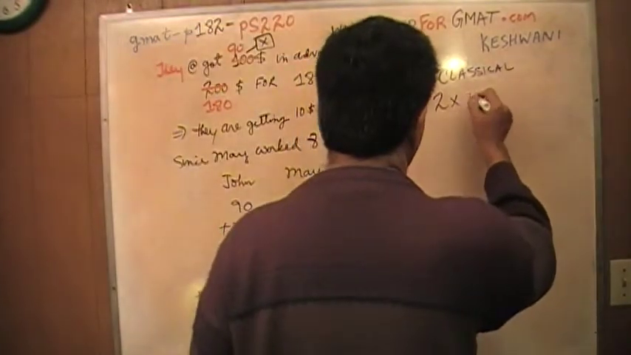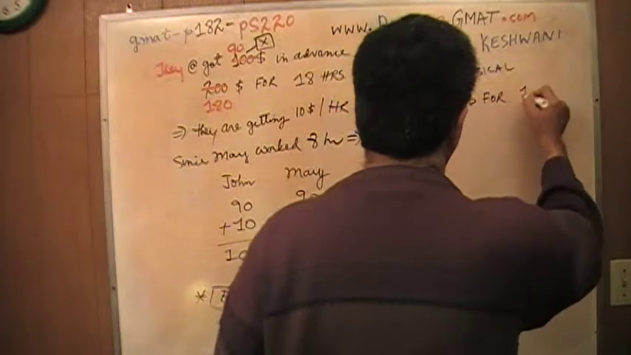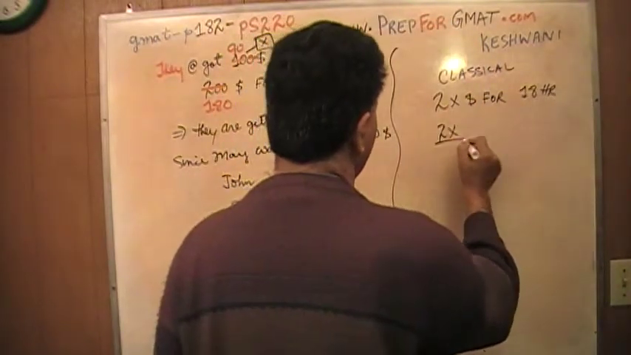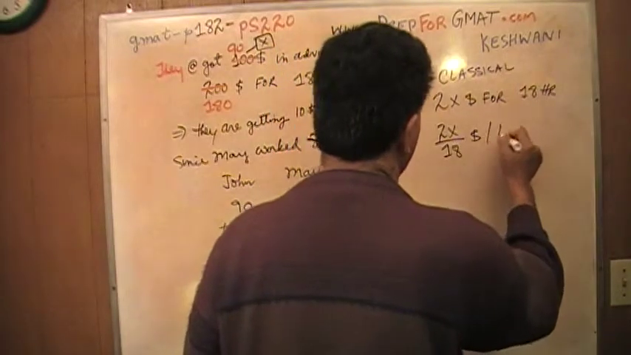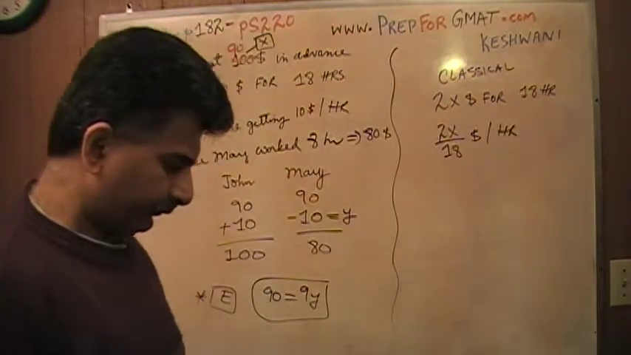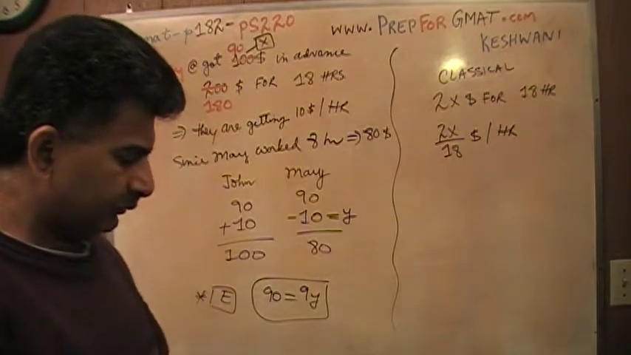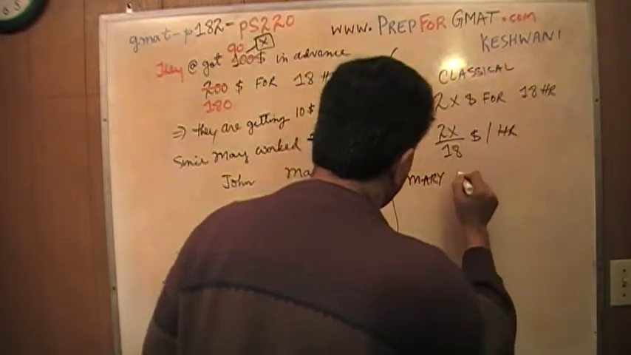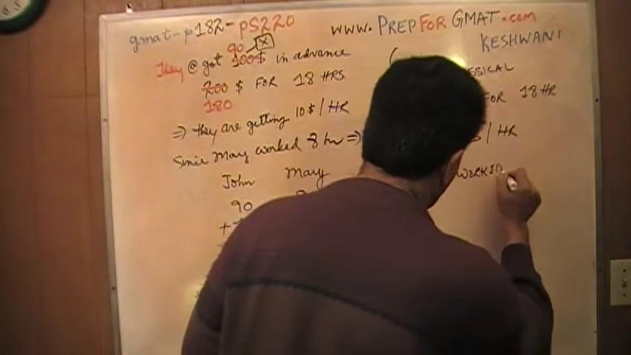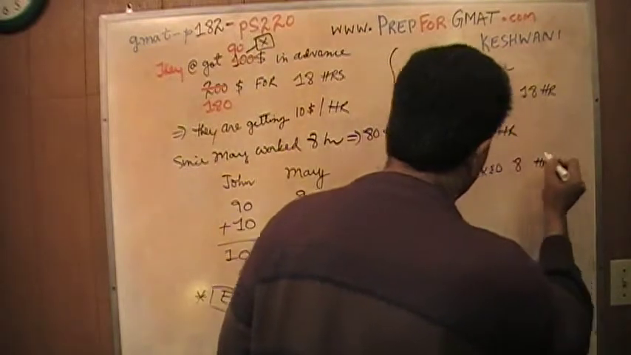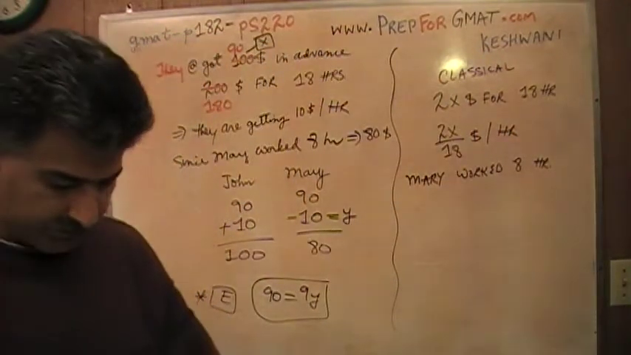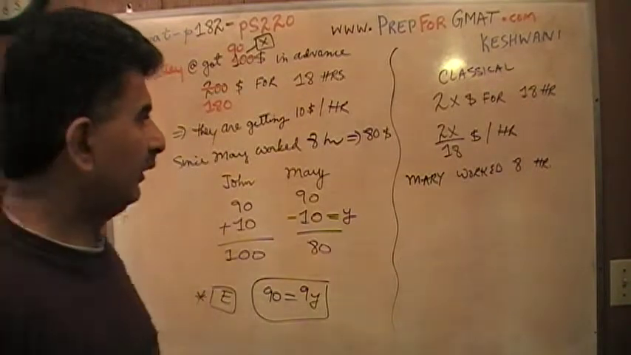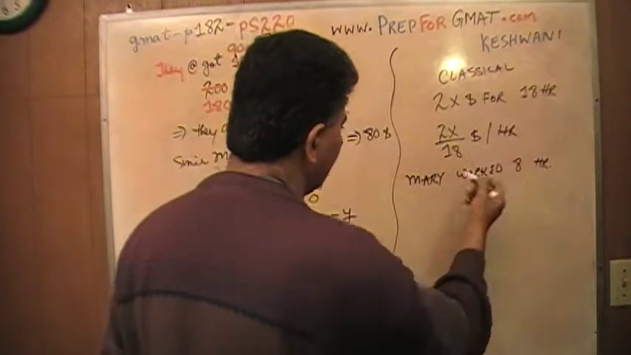So they're getting $2x for 18 hours. If they're getting $2x for 18 hours, they're getting 2x over 18 dollars per hour. But Mary worked only 8 hours. Now how do I know Mary worked 8 hours? Because they tell me in the problem that John worked 10 hours and Mary worked 2 hours less than John, which means Mary worked 8 hours. Since they're getting 2x over 18 per hour, Mary should get,